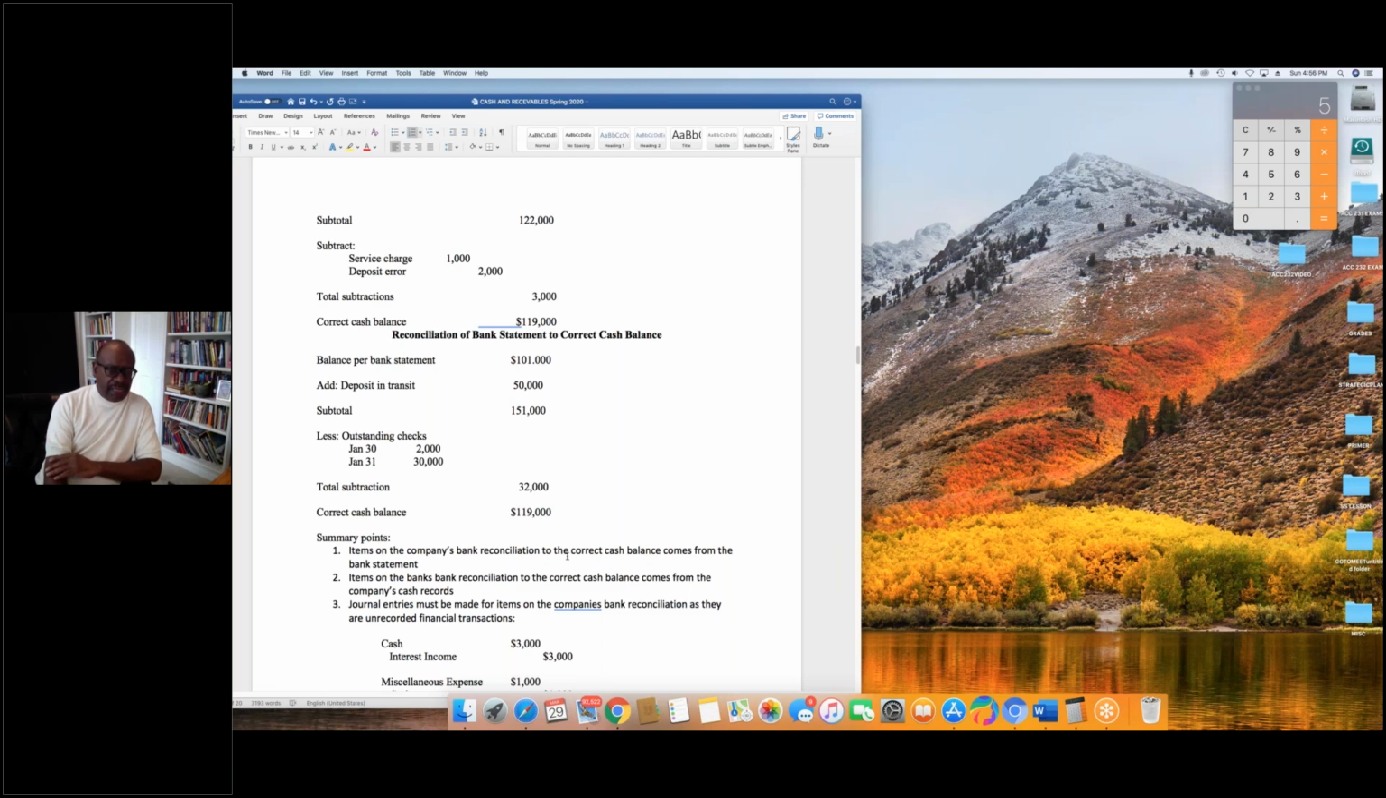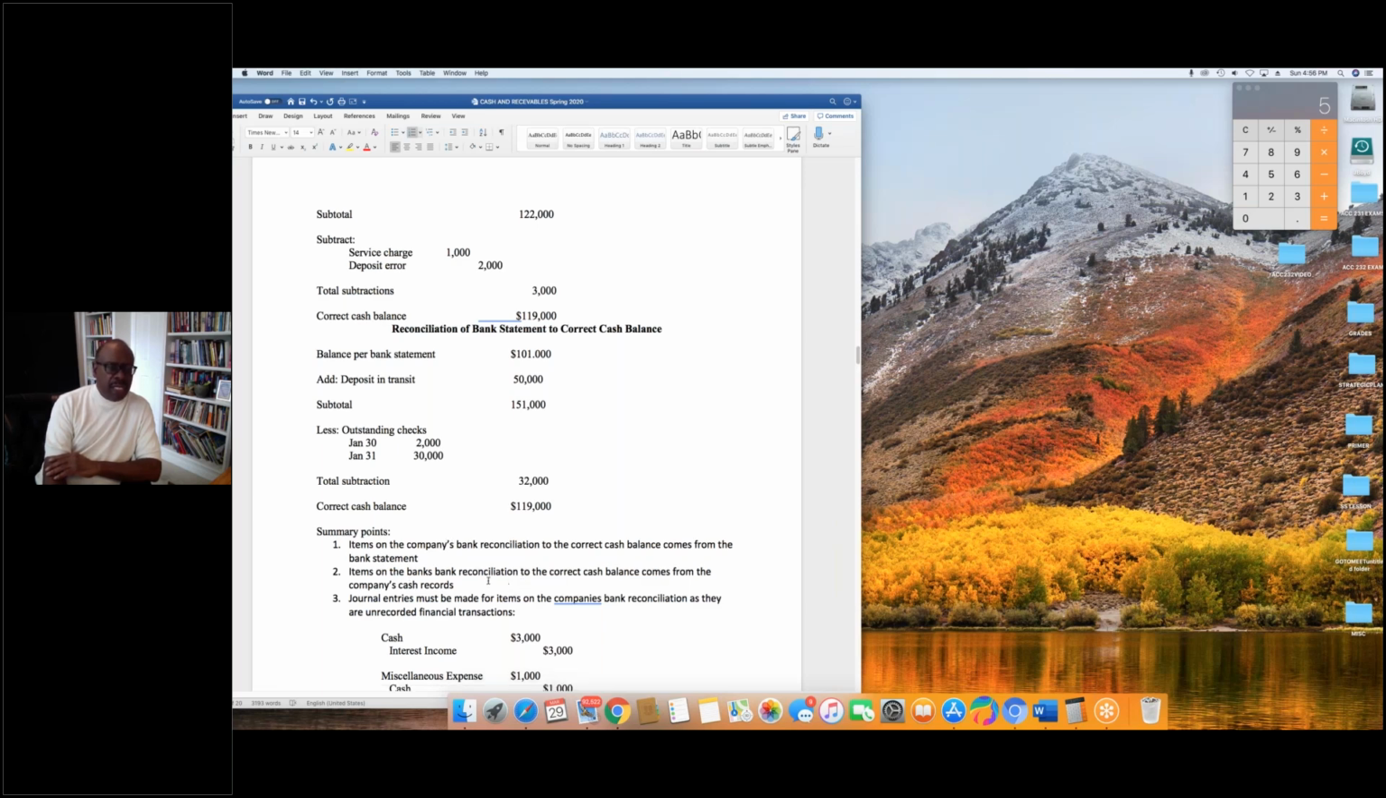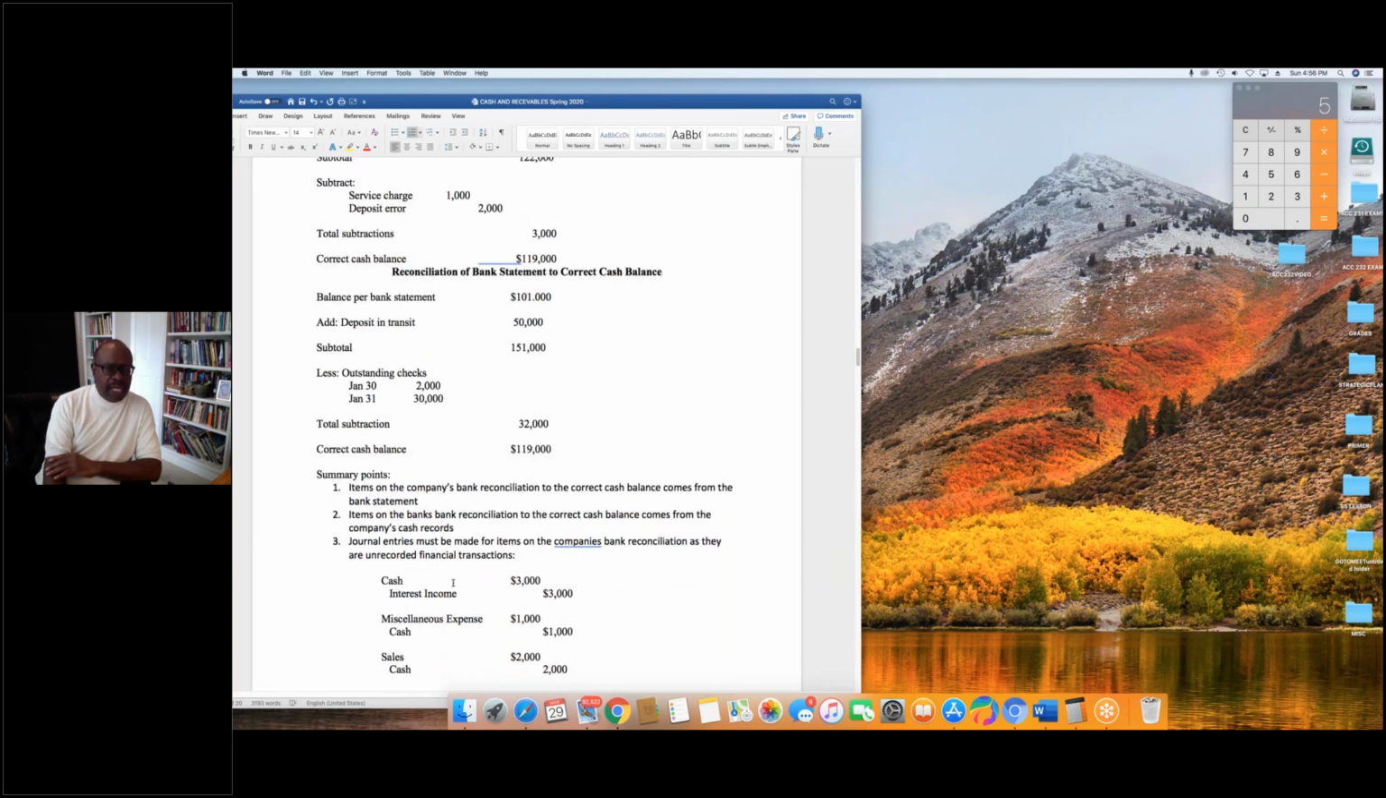Summary points on the bank statement, items on the bank reconciliation to the correct balance. Items on the bank reconciliation to the correct cash balance come from the bank statement on the company's bank. Items on the company's reconciliation come from the company's cash records. Journal entries must be made for the items on the company's bank reconciliation as they are unrecorded financial